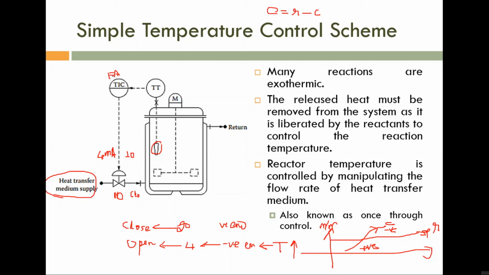First thing. Second thing, again this one is a thermal device, so the possibility of offset is large. So you have to use integral action. Definitely you have to use integral action. But the problem is, this one is the slowest variable. So if you use a large Ki value, oscillation and the possibility of sustained oscillation will be there. So you have to use a small Ki value or a large integral time Ti. Ki is equal to 1 by Ti. So you have to use small Ki or large Ti.